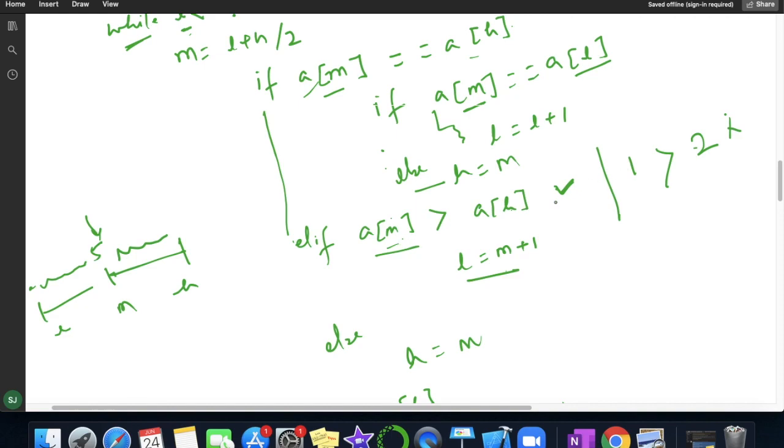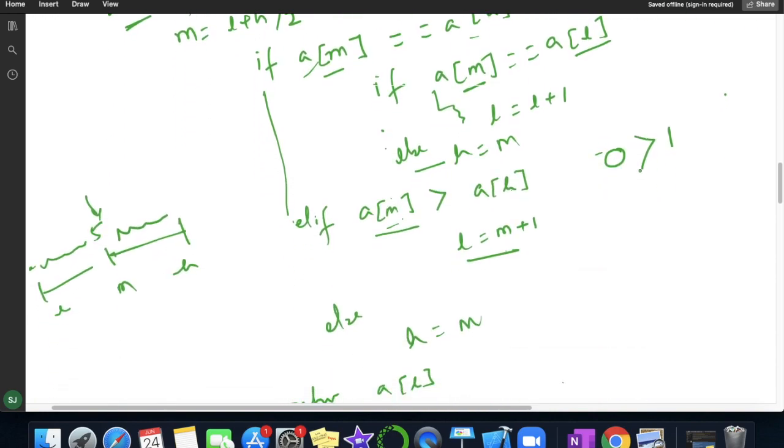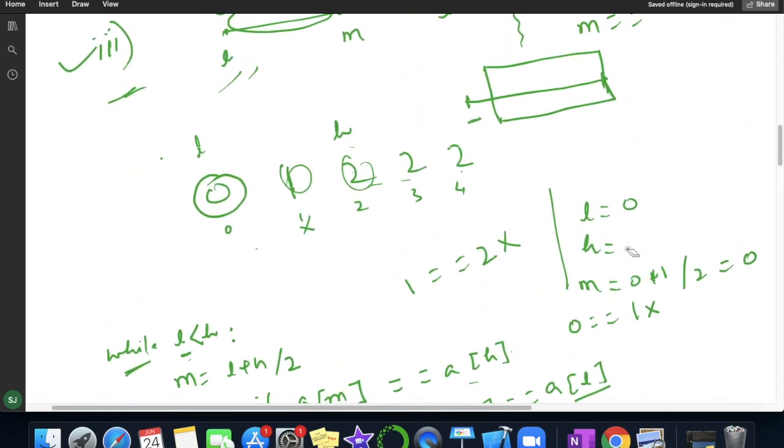Else if I am checking whether the value present at mid, which is 0, is greater than high's value, the value present at index 1, which is 1. This is again false, so it will go in else, and in else we have written high equal to mid, so high equal to mid is currently having value 0.